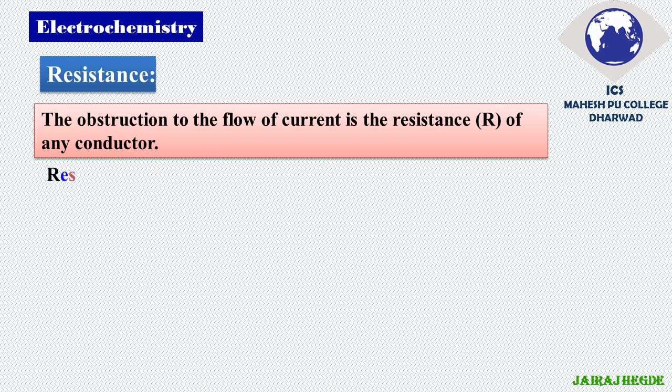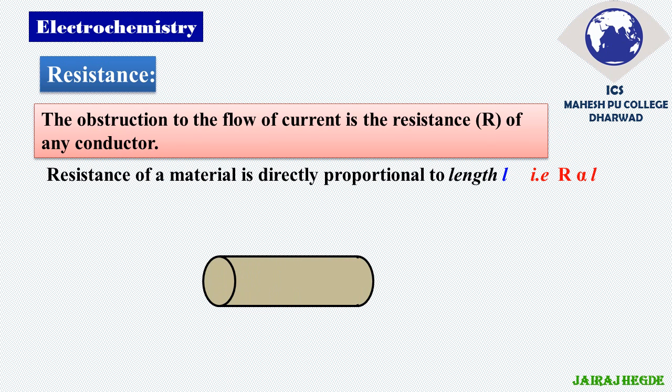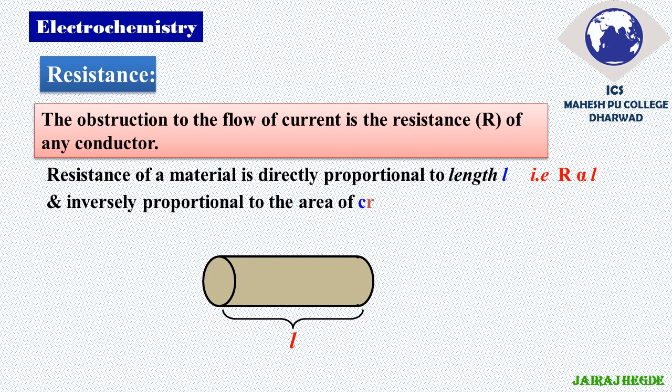This resistance depends on two factors. One is the length and the other one is area. See how it is related to length. If the length is more, then the flowing electron has to pass through more hurdles. It is as good as traveling in a long traffic. The longer the traffic, the more difficult the traveling. So that's why if there is more length, then there will be more resistance.